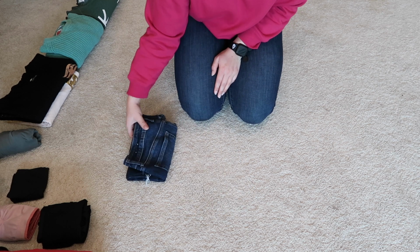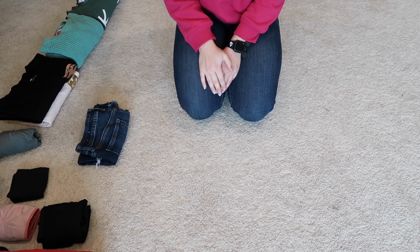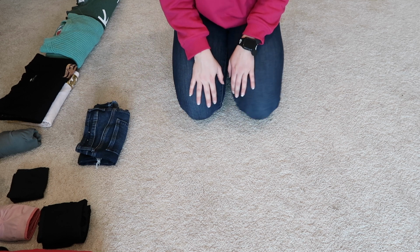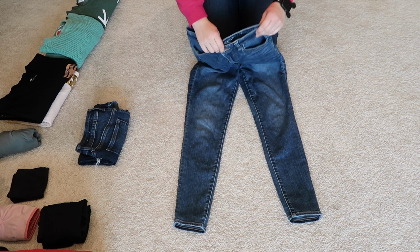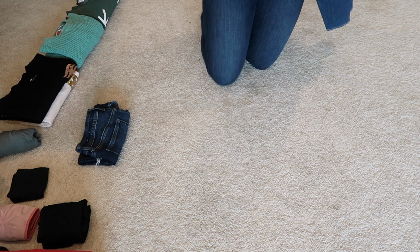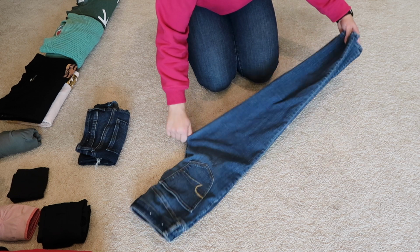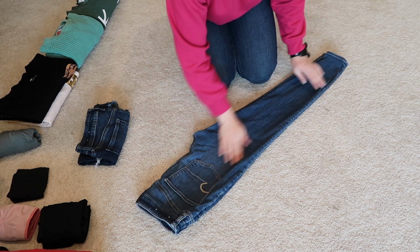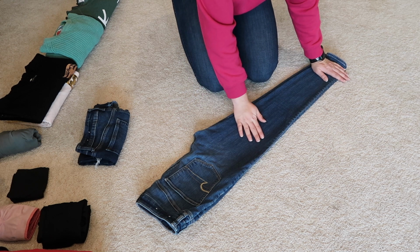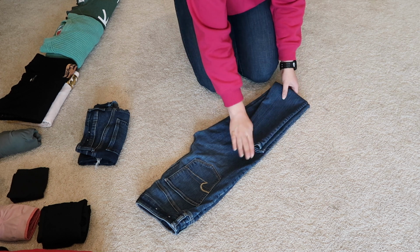So speaking of jeans, denim shorts are folded. Let's go grab a pair of jeans and we'll fold those really quick and I'll show you how they're about the same size. Again, I hold the button and the buttonhole together and fold the fronts together. And then I'll generally do this while they're laying down. And then I like to pat out all the creases. I don't like to have creases in my jeans for whatever reason. That really irritates me. And then I fold into thirds